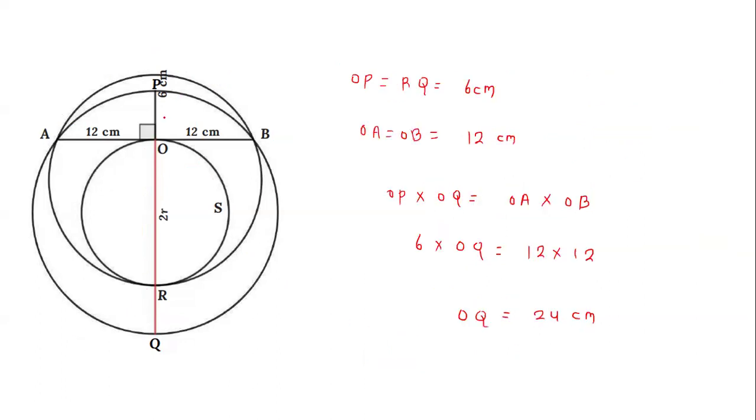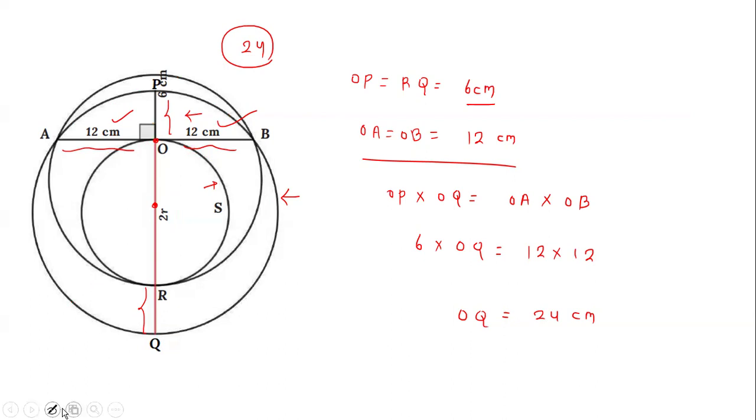Now you see in the problem it is given that OP is equal to 6 centimeter. This circle and this circle are both concentric circles. So let's say this is the center. If OP is 6 centimeter, this RQ is also 6 centimeter, because both are symmetric and both are concentric circles, and O is the midpoint here. This OA length is equal to this OB length because of symmetry, and this AB length is 24. Because of that, this is 12 and this is 12. So these two lengths are also equal to 12.